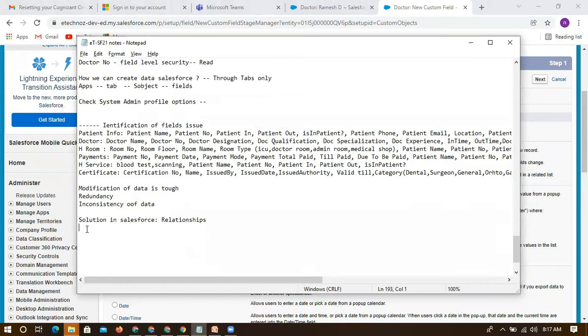we have multiple relationships. We have self relationship, note it down. Self relationship, lookup, master detail, and roll-up summary you can see.